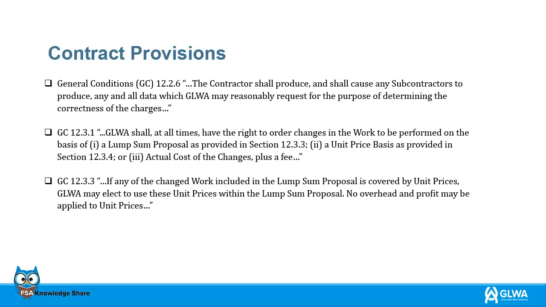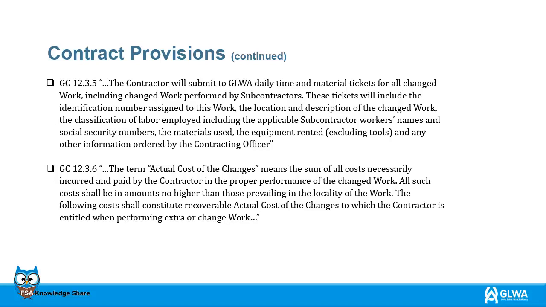GC 12.3.3. If any of the changed work included in the lump sum proposal is covered by unit prices, GLWA may elect to use these unit prices within the lump sum proposal. No overhead and profit may be applied to unit prices. GC 12.3.5. The contractor will submit to GLWA daily time and material tickets for all changed work, including changed work performed by subcontractors. These tickets will include the identification number assigned to this work,